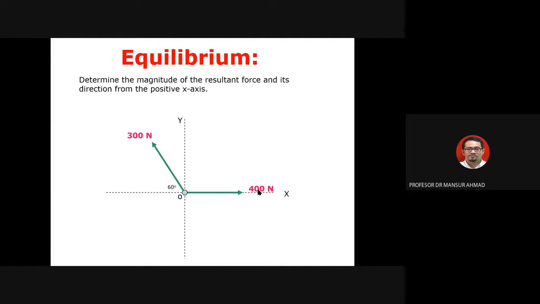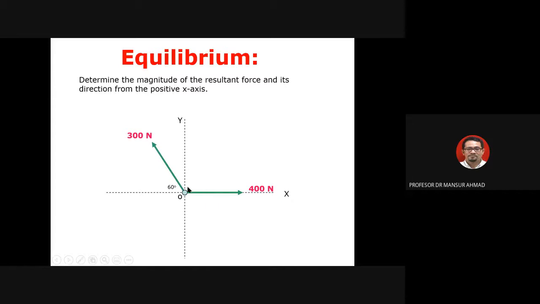Okay, so this is how I do it. If you can refer to the previous slide, I have a slide that shows you how to resolve the force into X and Y axis. I did not do that here, so you can look back at the previous slide. But again here, I'm going to show you how to resolve this into axis X and Y. Dalam bahasa Malaysia kita pecahkan. Ini daya pada satu sudut, ya, satu sudut. I'm going to resolve it into axis X and Y.